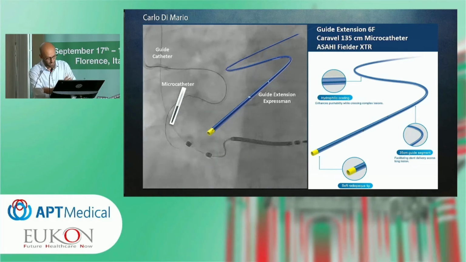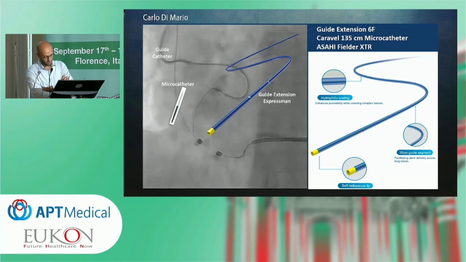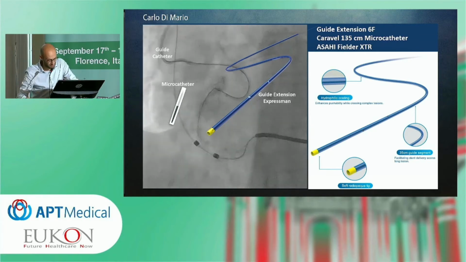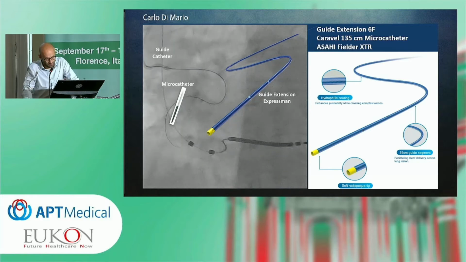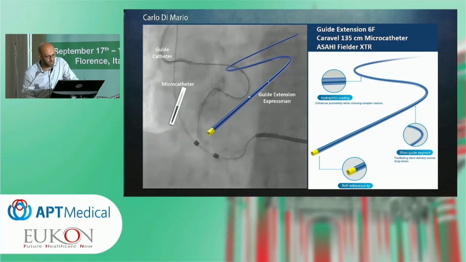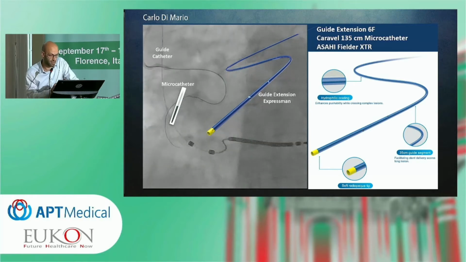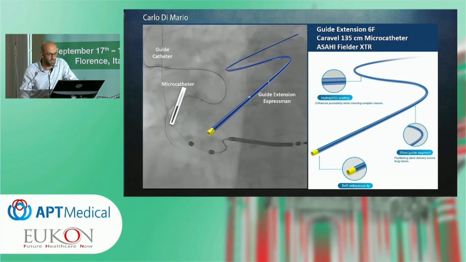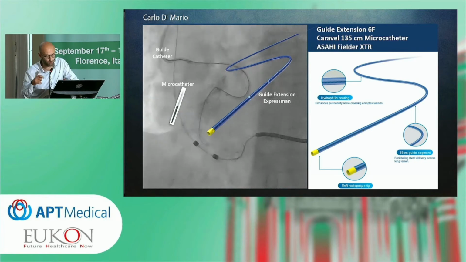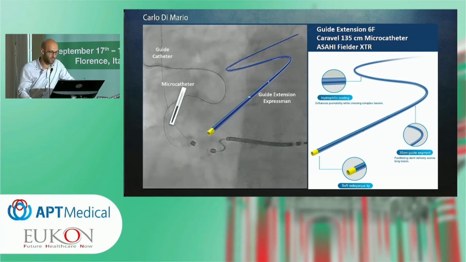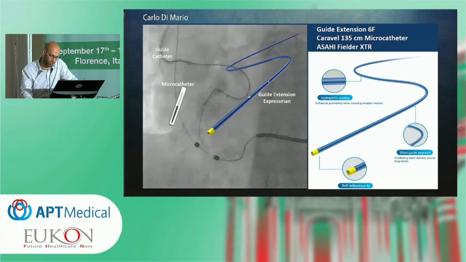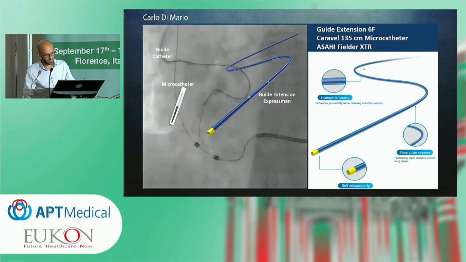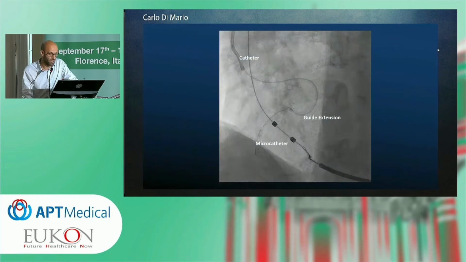We were able in the end to have a good cannulation after advancement of the wire until the mid-segment of the right coronary artery, and then with a microcatheter which was advanced until the ostium of the RCA. This system was used in order to advance this very smooth guide extension, which is named Expressman, and with this system we had the right backup in order to